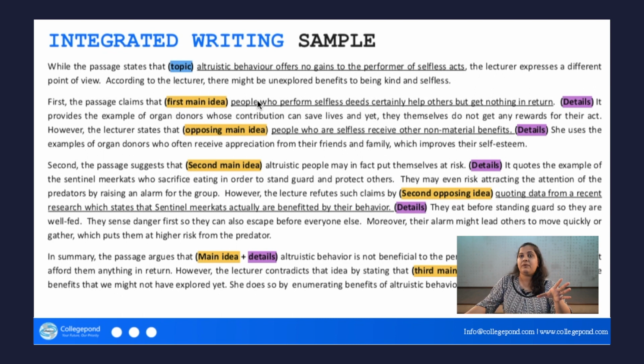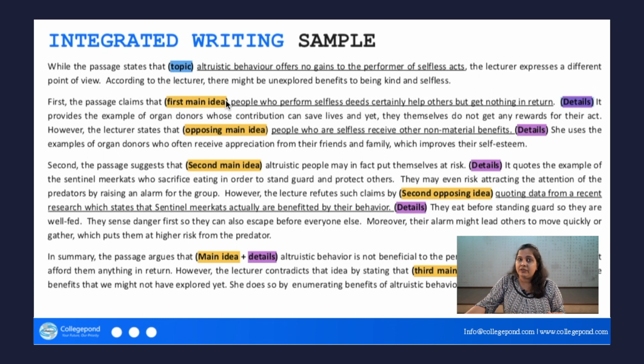So once you express that, then you have to elaborate it with details. Always do that. Do not just write the main idea and then leave it at that, because you will get marked down for topic development. If you do not elaborate the ideas properly or give some kind of a further explanation, example, etc., you will not get full points for topic development.